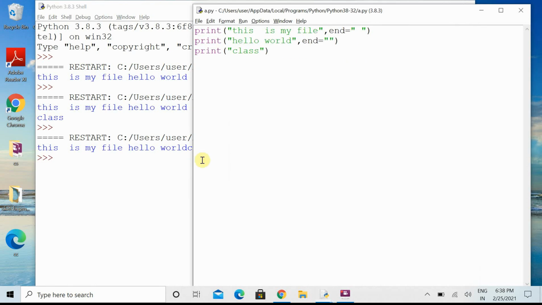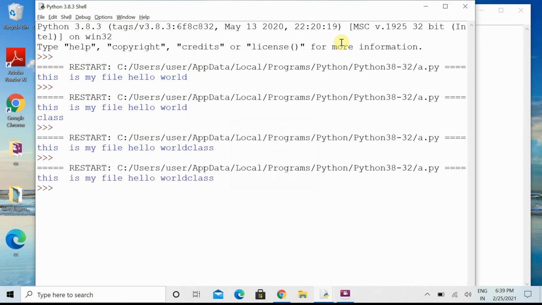Here you can see the difference also. I have written the things, and then there is no need to use the end parameter in the last line, because after this there is no more line. I hope this much is clear to you. You can use any symbol also. Here, if you are not putting anything in the double quotes, you can enclose in the single quote also. It is not necessary that you have to put the double quotes. The rule is the same. If you are starting with double quote, you have to end with double quotes. Let's see. It will show.